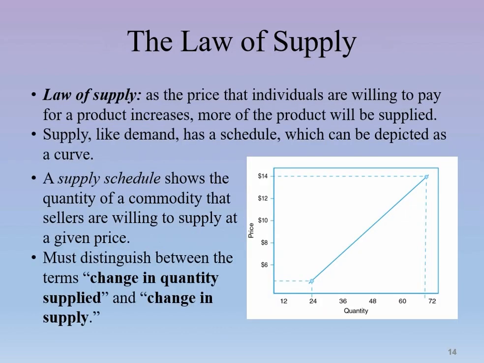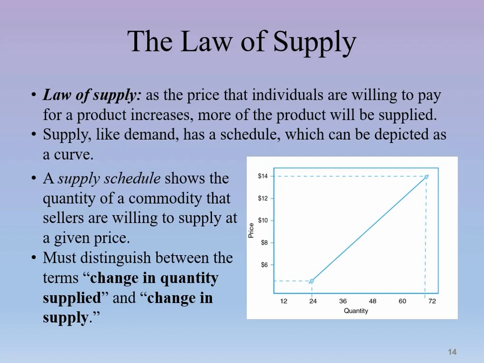Here you switch to the law of supply. We talked about demand, now we're talking about supply. The law of supply is: as the price that individuals are willing to pay for a product increases, more of the product will be supplied. Supply, like demand, has a schedule, which can be depicted like the diagram on the right